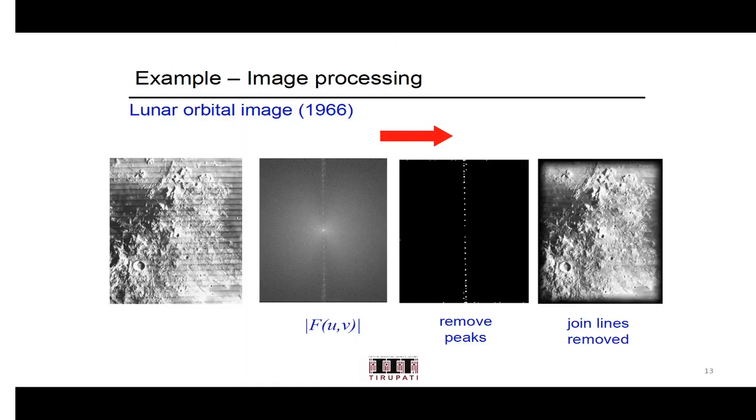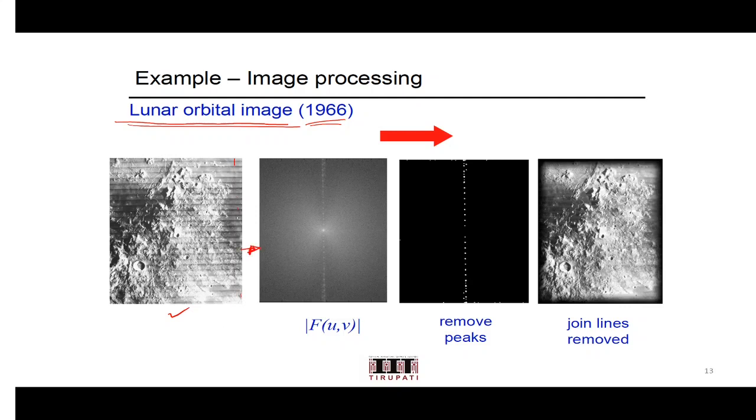Another application where you could use this is an image obtained from a lunar orbiter. Because of the rolling of the shutter, you are getting this kind of periodic effect in the background. This was done way back in 1966. You have limitations from the camera point of view, and that's why you had this. So what you would do now is, again from here,